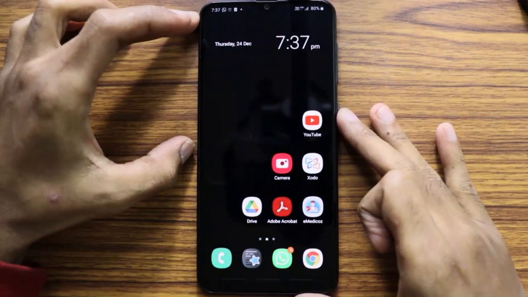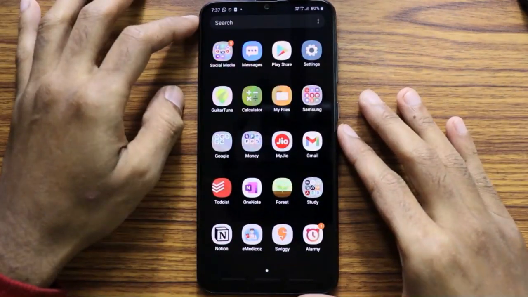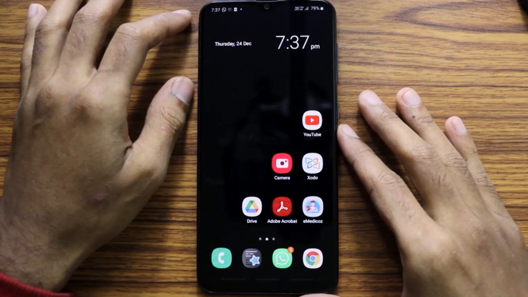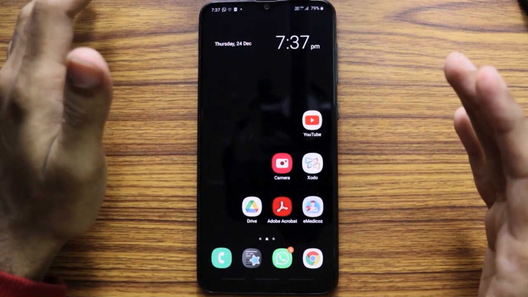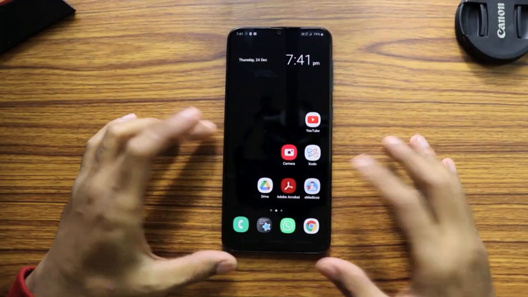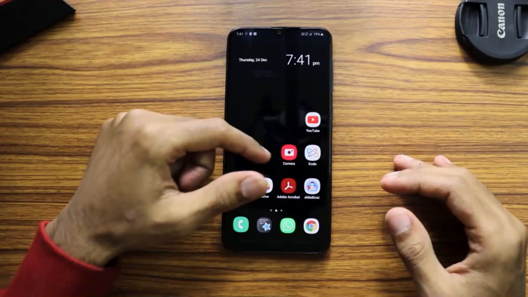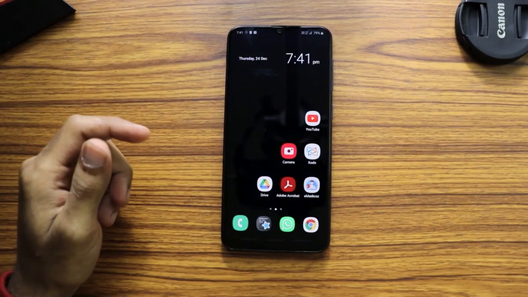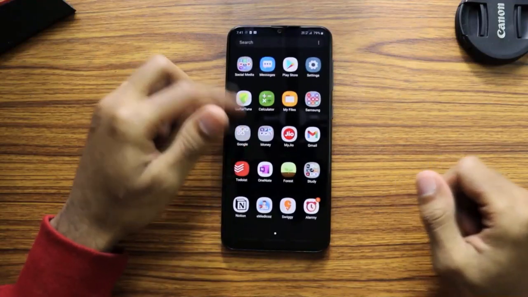Let's talk about my app library now. I swipe up, I can go to the app library, I can swipe up again, and I come to the home page. So this thing, I have set up in my Samsung phone. Next, let's come to the app page, which I can just swipe up and it goes into the app page, and I can swipe up again and it goes back to the home page. So this is the setup which I've made in Samsung.